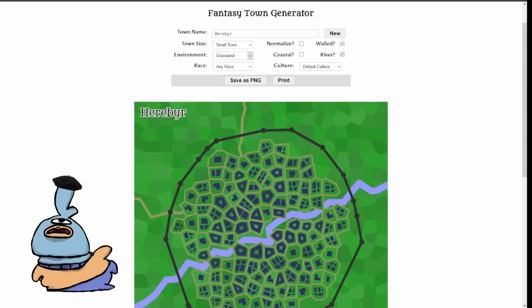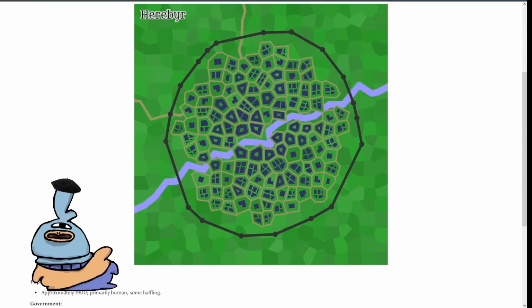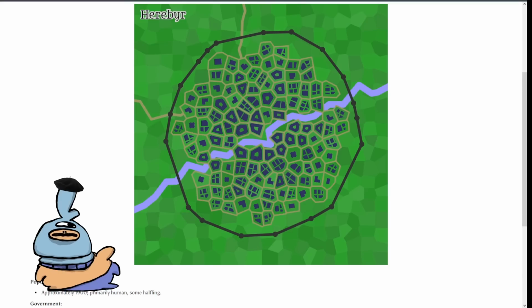What's in the environment? What is the most common species or even race of the place? It gives you a name. It gives you a general layout. You can right-click, copy the image if you just want to give them an image of it. You don't actually plan on giving them the description. This is a great tool. Has saved my ass because maps in D&D give a lot of character to the world,